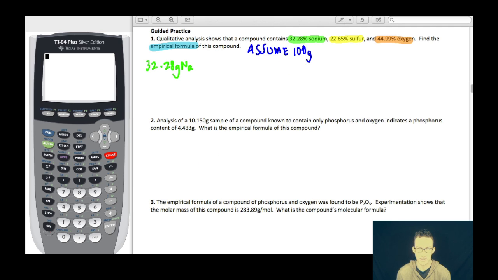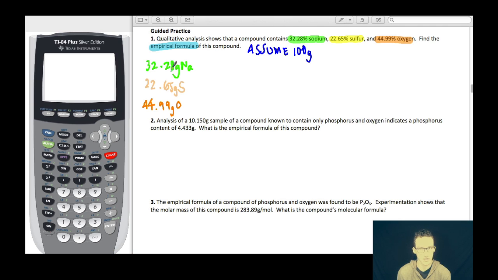Next, it says 22.65% sulfur, which means 22.65 grams of sulfur in this 100 grams. And then lastly, we've got 44.99% oxygen, which means of that 100 grams, 44.99 of it is going to be oxygen. Okay, again, empirical formula is the smallest whole number ratio of moles, so we just need to figure out